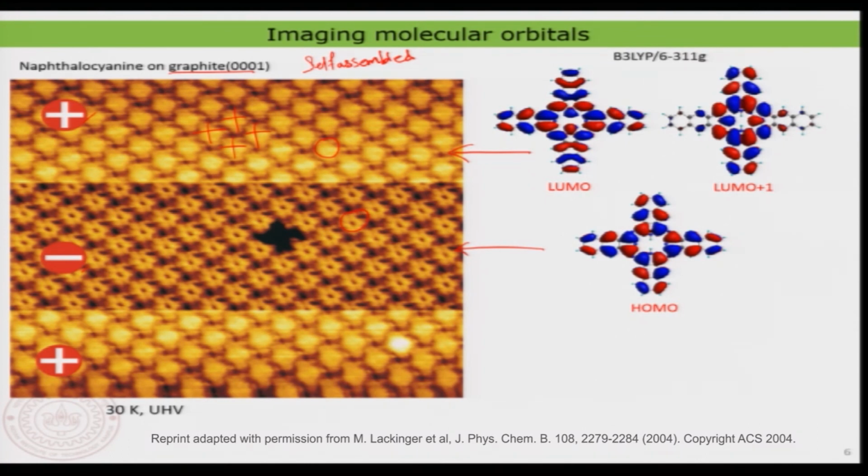Because of this nice difference in the electron density, you can clearly see here in the HOMO there is a hole in the middle, and that is exactly what you see also in the image. For the other case you can see there is an electron density that is protruding here, and you have also seen that the LUMO and LUMO plus 1 are quite close to each other, and therefore they both just appear in the image, and you can clearly see that in the contrast. So, this is about imaging the molecular orbitals, and also you can image the electronic structure in greater detail. So, that is about it, and then in the next class we will look into a few more